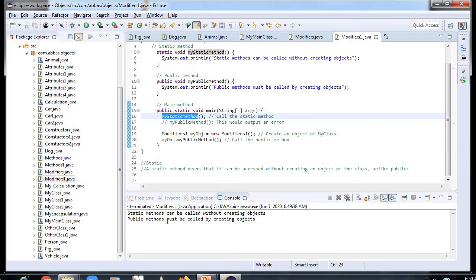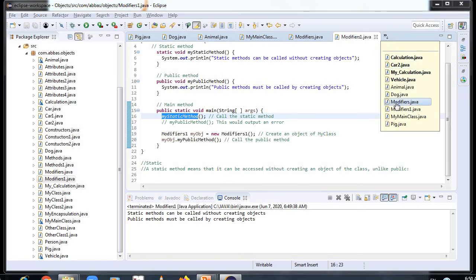Now let's see our first program by the name Encapsulation and Person. It is by the name MyEncapsulation.